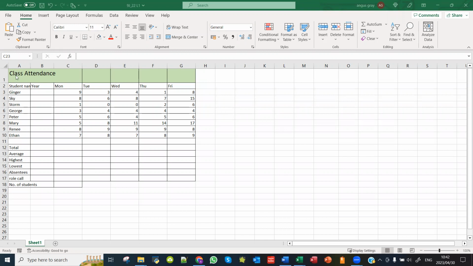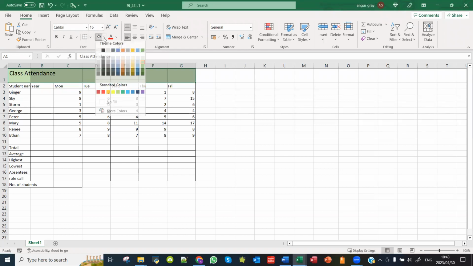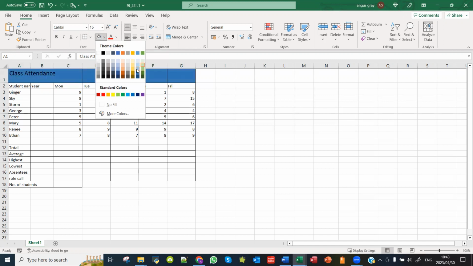Right, I've gone and created the spreadsheet and I've gone and shaded this in already. So let's see, how did I do that? If I go to my font grouping and I click on this fill color over here, I can choose a color that I'd like. You can go to more colors